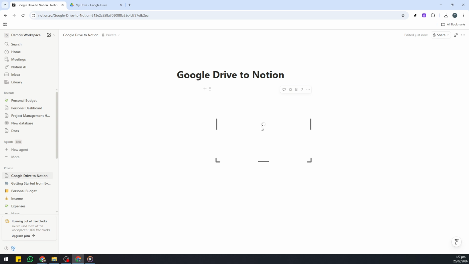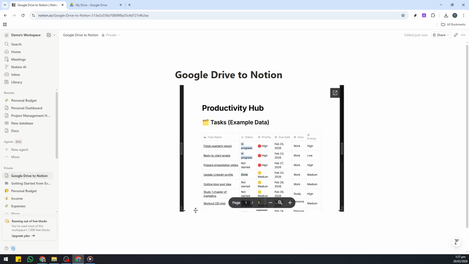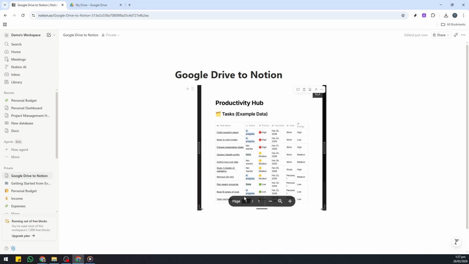A couple of quick checks can save time later. If the embed loads for you but others can't see it, return to the Google Drive sharing dialog and verify it's set to anyone with the link at the correct permission level. Remember that the embed always follows Google's permissions, so visibility in Notion depends on how you shared the file in